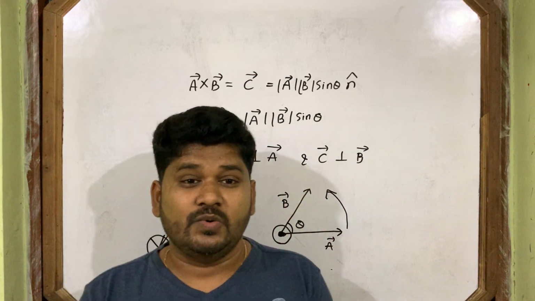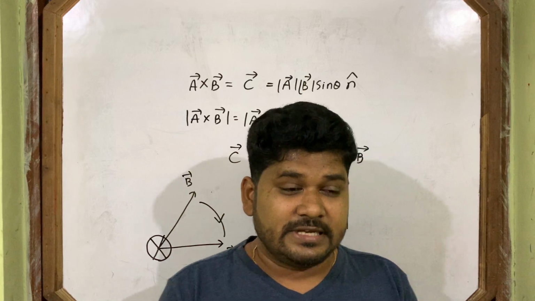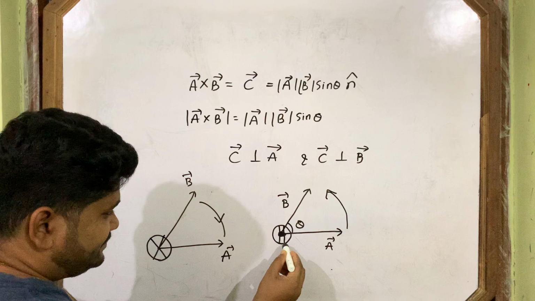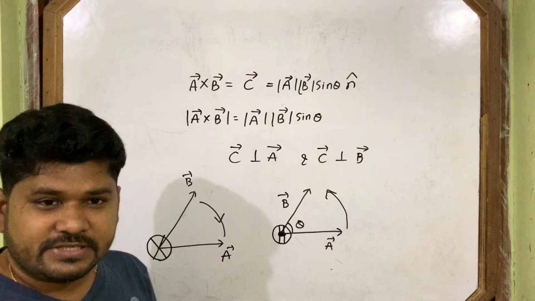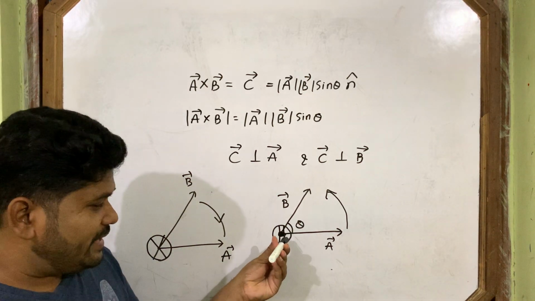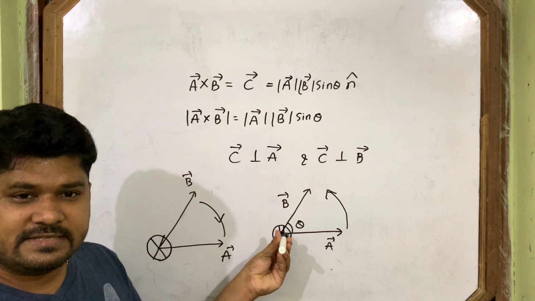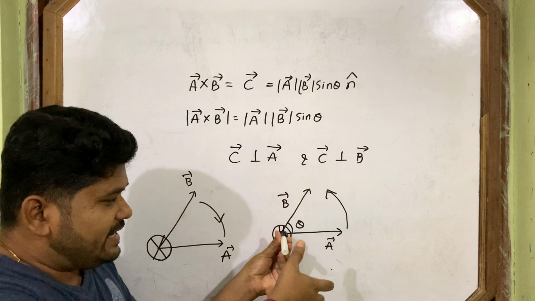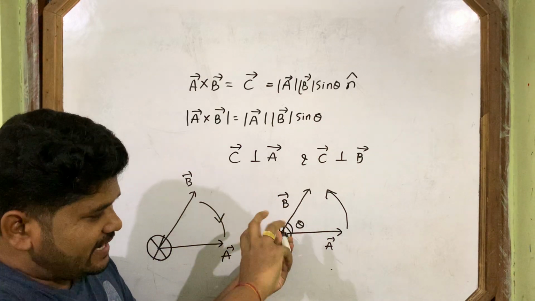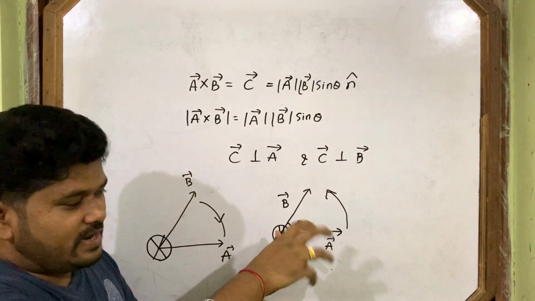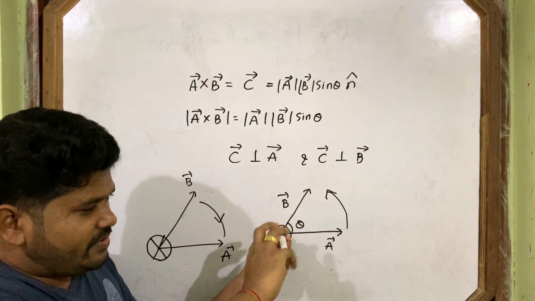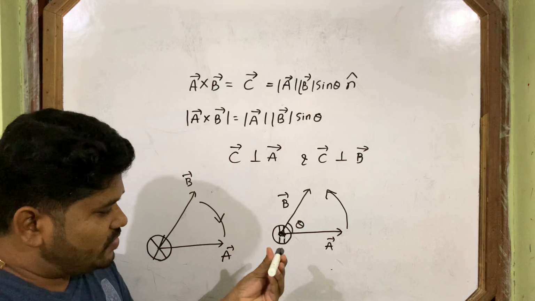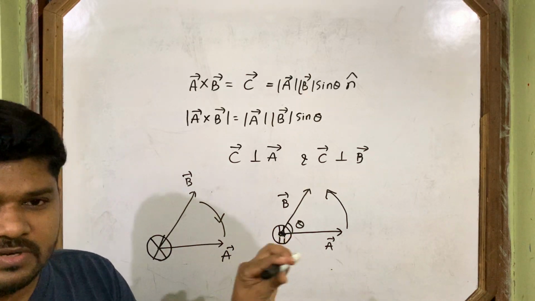Maxwell's corkscrew rule. Screw. What happens when, suppose you think, here is a screw? Okay, here is a screw. Then you fit the screwdriver like this. You fit the screwdriver here and rotate it in the direction of a cross product. Like this you rotate. Now see my fingers. If I rotate like this, where will the screw go? Will the screw go inward or come outward?